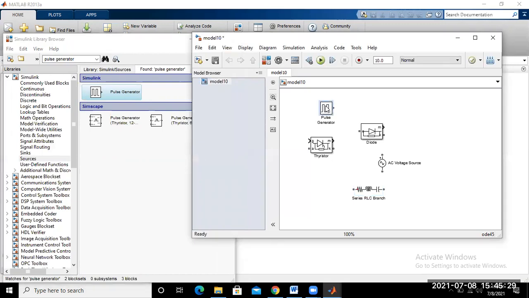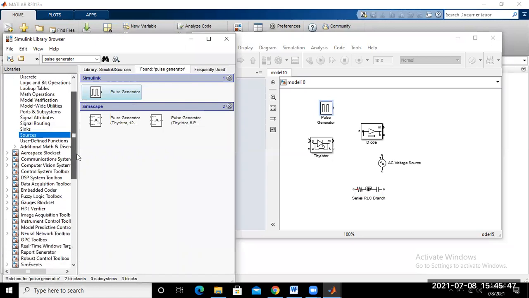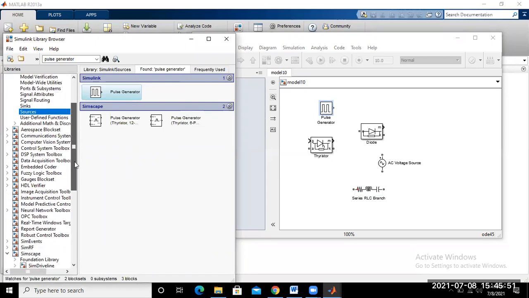Now for the measurement of input voltage waveform, output voltage waveform or output current waveform, we require a voltmeter and ammeter. So for that voltmeter and ammeter, again go to the Simulink library, into the measurement part.